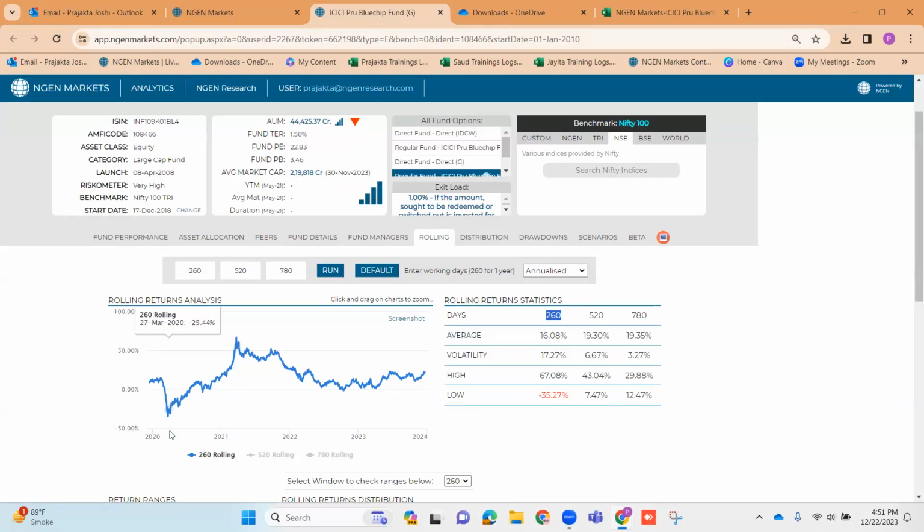ये लो -35 तो कोविड के टाइम आया है, जब लॉकडाउन हुआ था, मार्च 2020 का होगा। और वहां से ऊपर फिर वो पूरा जो लॉस रिट्रेस किया, उसी में इसने 67 कमा लिया। तो मैं तो बोलूंगा ये 67 फिर से कभी नहीं होने वाला, अनलेस समथिंग हैपेंस, ना ये -35 होने वाला है अनलेस समथिंग हैपेंस। तो जनरली स्पीकिंग हाई एंड लो कभी ना कभी इडियोसिंक्रेटिक इवेंट, या वंस इन अ ब्लू मून काइंड ऑफ इवेंट होगा जब ये नंबर आ चुके हैं।